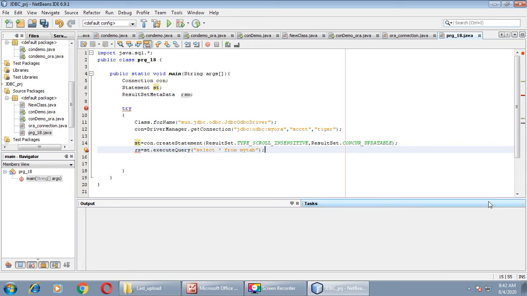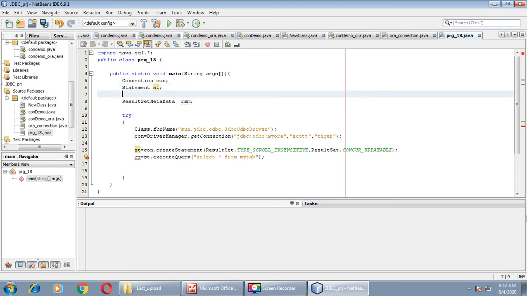Your rs is not defined, so first of all we need to create an object of ResultSet as well. ResultSet, and the object name is rs. Still it is showing an error because we have not yet taken the catch block for this try, right? So let us finish that first.